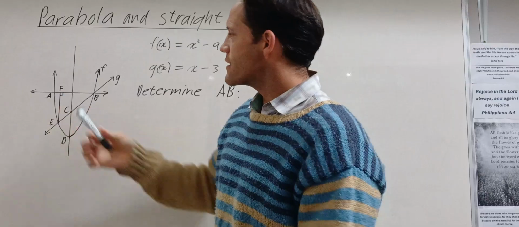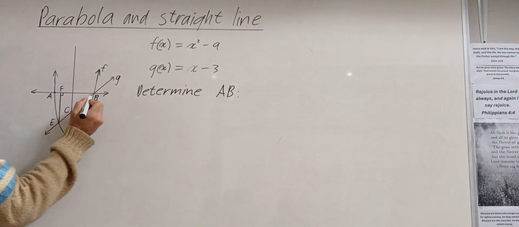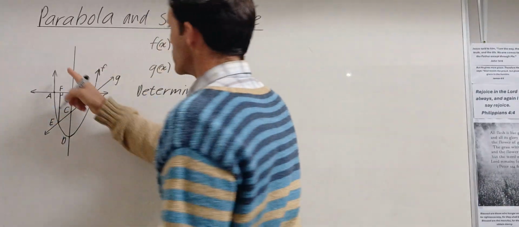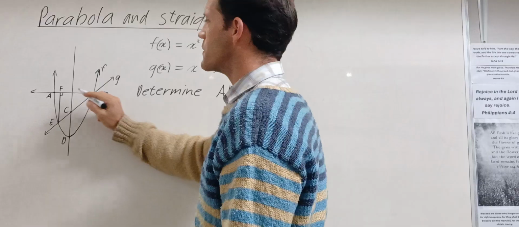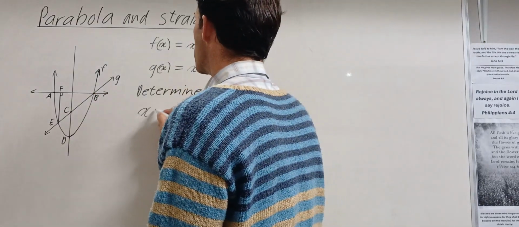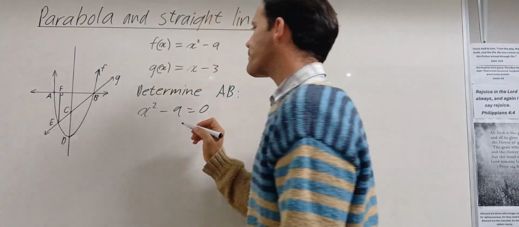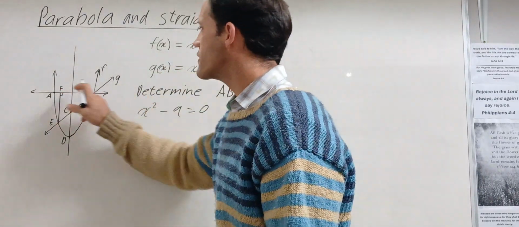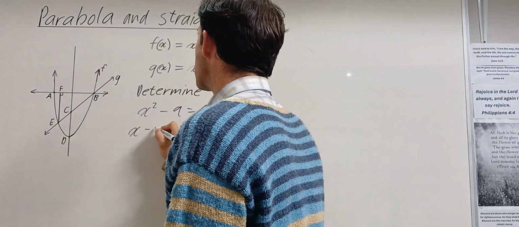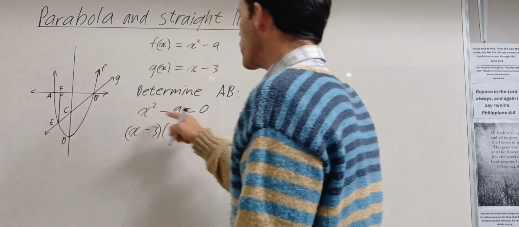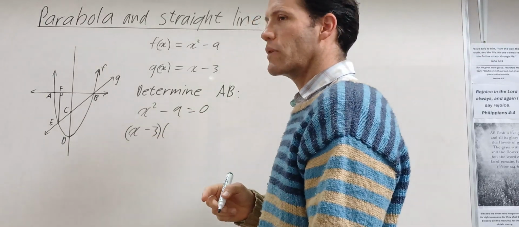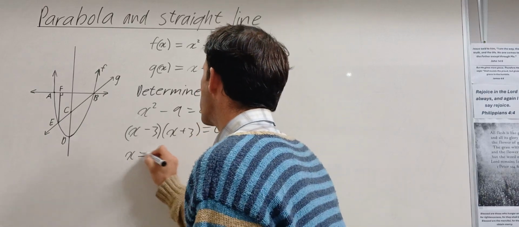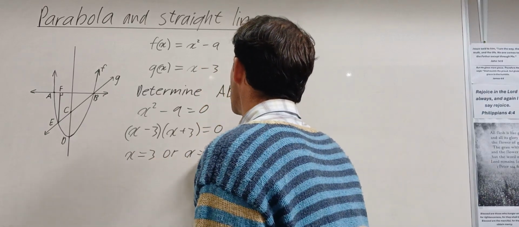So how do we find the x values at A and B, which are the x-intercepts? Okay, we just put the equation of f(x), because you see f(x) has x-intercepts at A and B. So we just put the equation x squared minus 9 equal to 0. So when you put the parabola equal to 0, you find your x-intercepts. So now we factorize. Okay, you're going to see in grade 10, whenever you factorize the parabola, it's always going to be the difference of squares. Okay, always the difference of squares. But you know how to do that. So x is equal to 3 or x equal to negative 3.